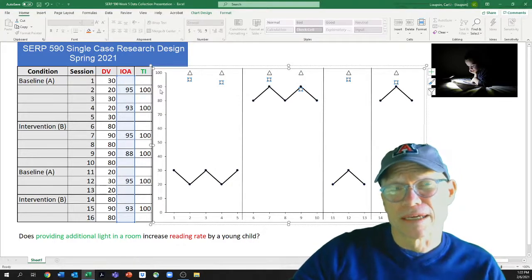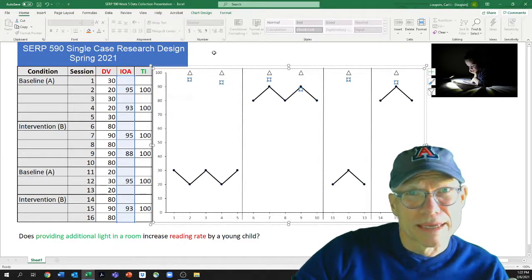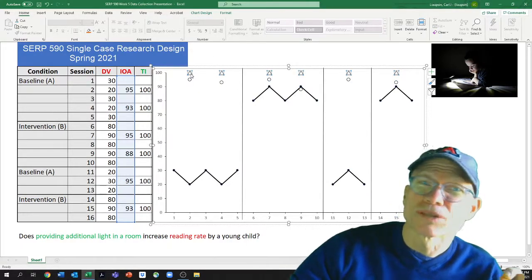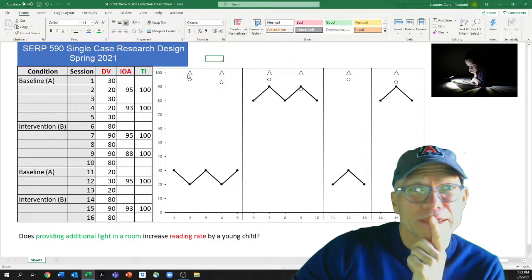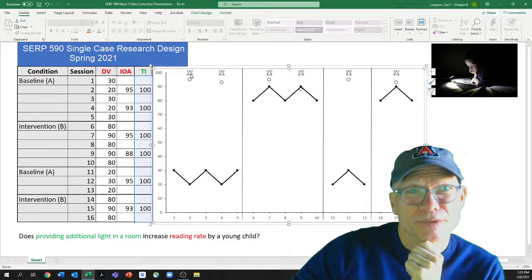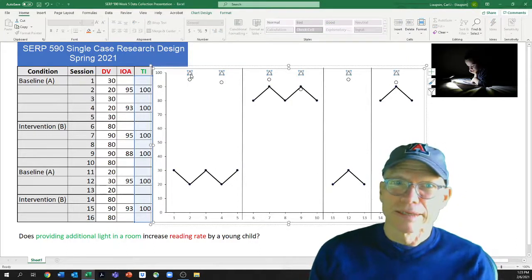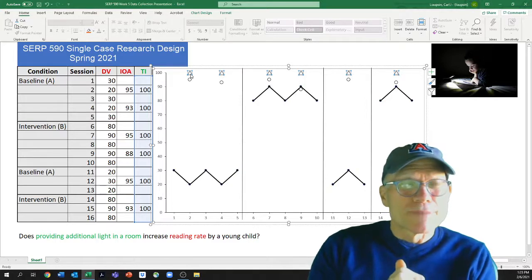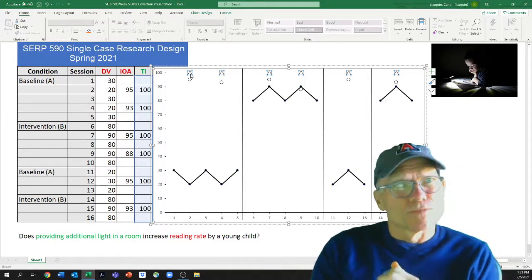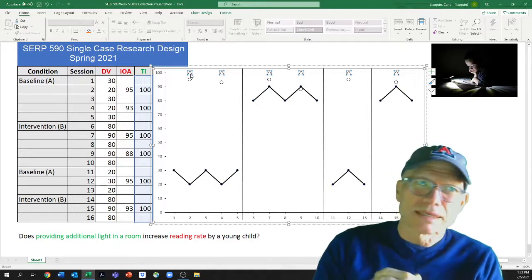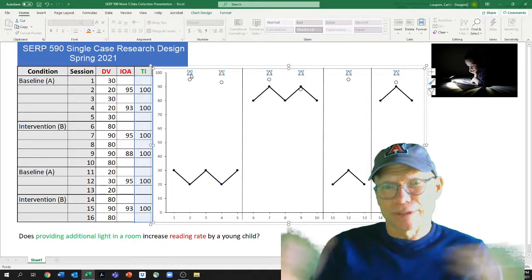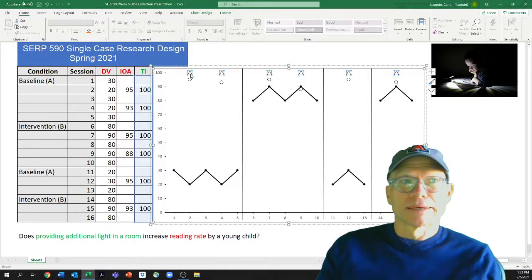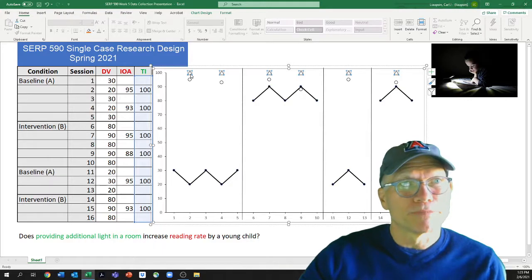The third thing that you're always going to want in a single case study, and this is the one that you probably don't already do if you are working in the field, is treatment integrity, or procedural fidelity, is what it's also called. And what this means is some proof that you actually took the steps in the study that you say you're going to take. So during the baseline condition,